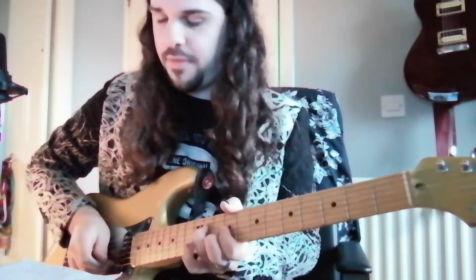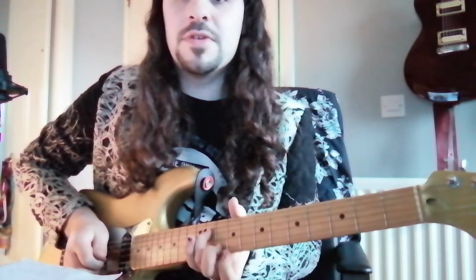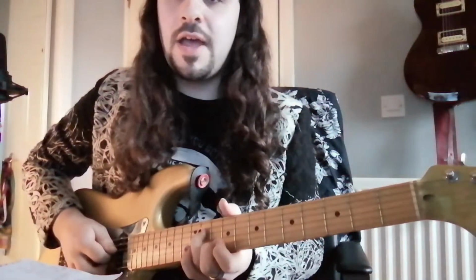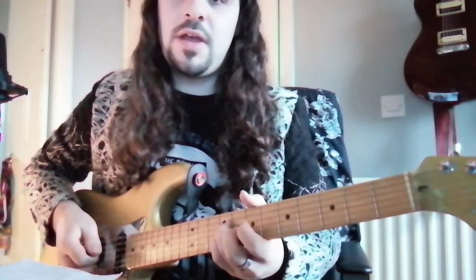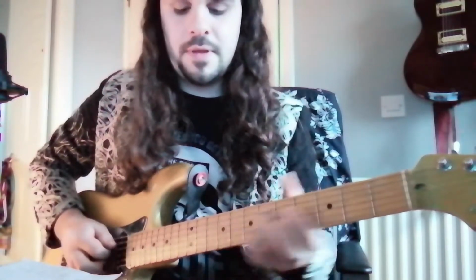Then we're hitting the minor 3rd above that. Sorry, the minor 6th, which is right there on the 10th fret. This time I'm using my middle finger to play that. Okay, then I'm just going to slide back into the C sharp again, and pick the note on the B, and then go down and do the 9 and the 9, and then down to 7 and 7. So we get...